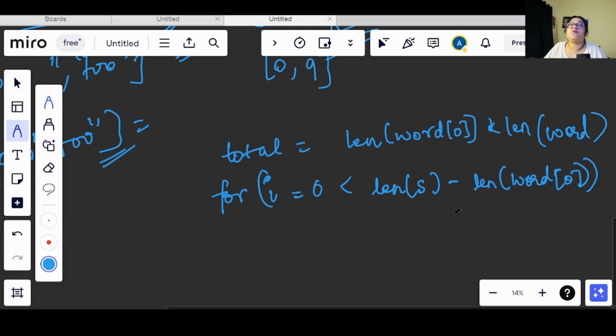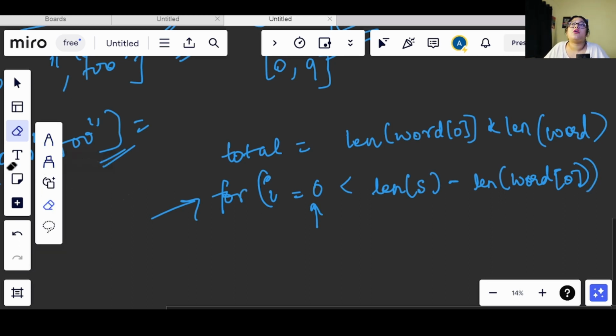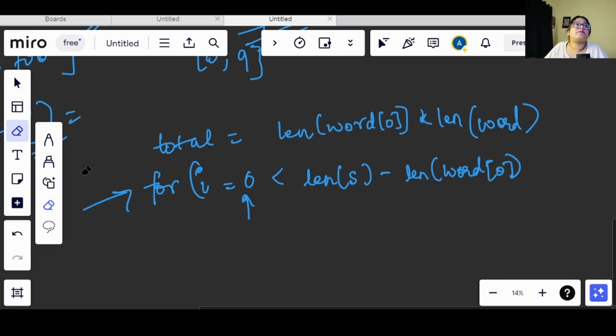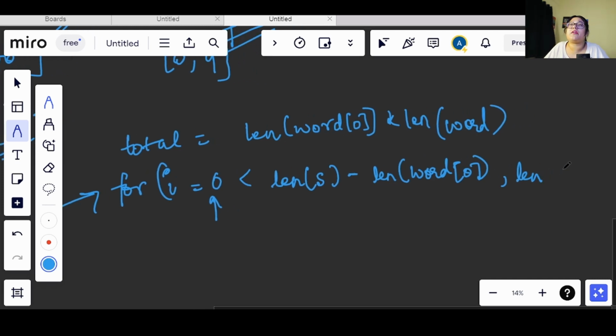Now we know till where we need to iterate, right? So for each element, if we are starting from 0, then after that we will start from i plus the length of this word. For the updation value, every time we will take the length of the word only, so that we increment by 3 every time. So length of word of 0,